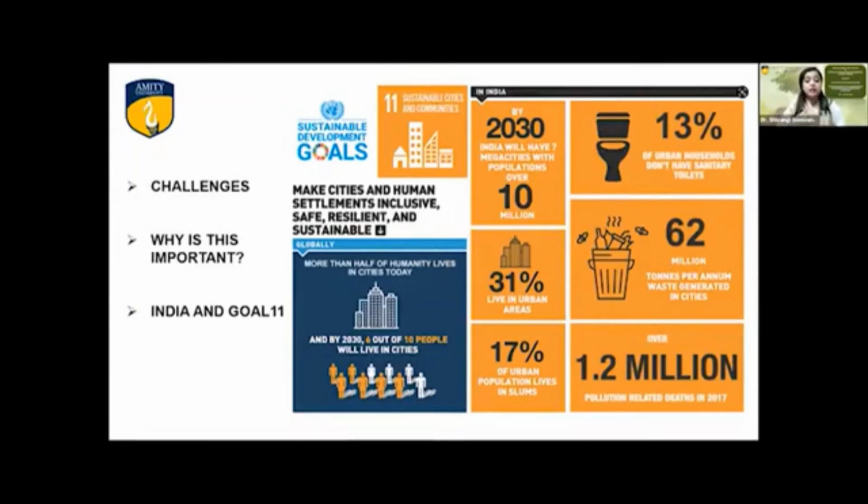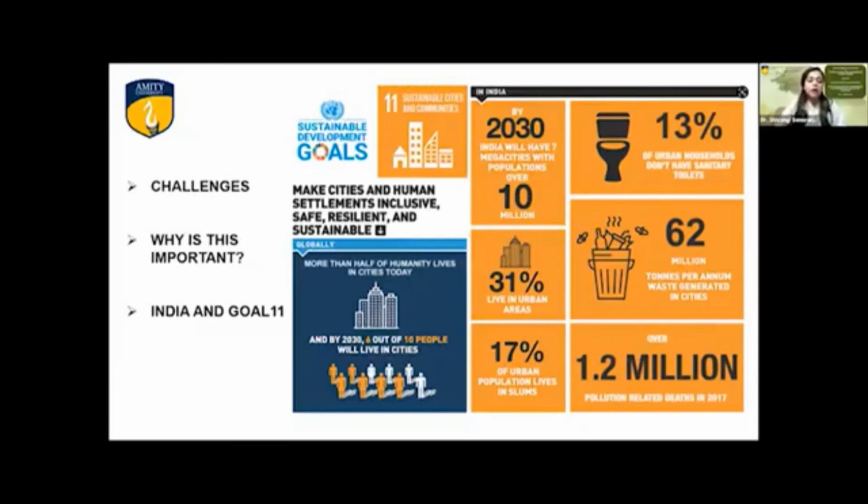Our urban areas are also emitters of greenhouse gases and contribute to global climate change. Half of the global urban population breathe air that is 2.5 times more polluted than standard deemed acceptable by the World Health Organization, as our fellow colleague Dr. Dhiren just explained. So, if I talk with respect to Indian context, India and the SDG 11, India is actually urbanizing rapidly.